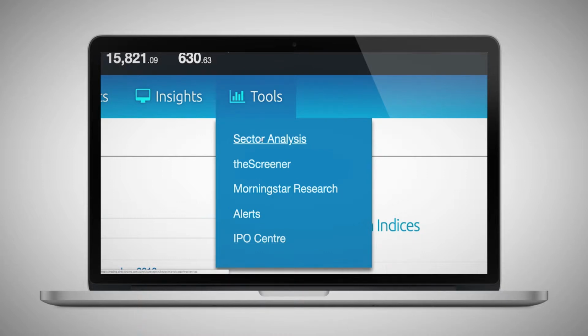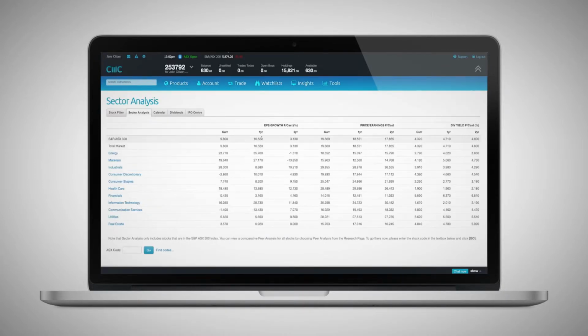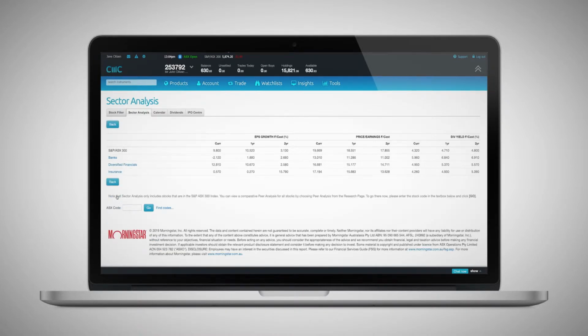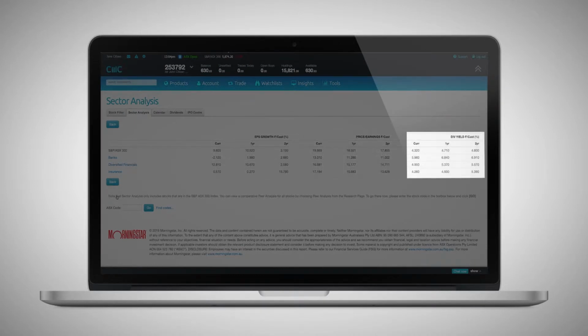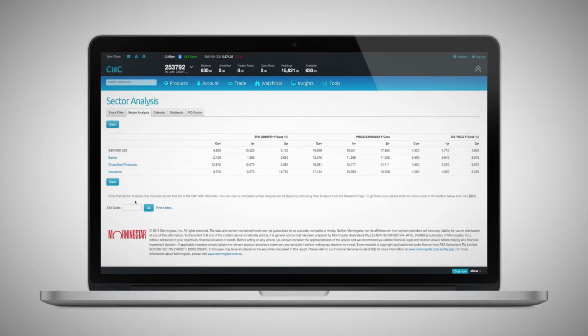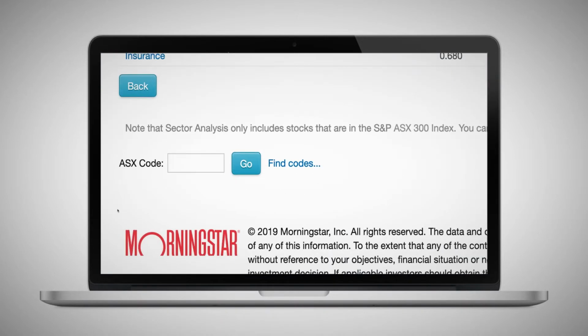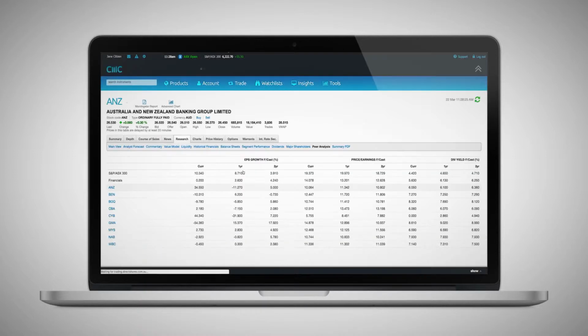Sector analysis is a key tool to help you compare the top 300 ASX stocks across sectors and subsectors by using metrics like earnings per share, dividends per share, and dividend yield. You can also do comparative peer analysis for any particular stock by using the search bar at the bottom of this section. Enter the ASX stock code on the search bar to view additional analysis on your chosen instrument's research